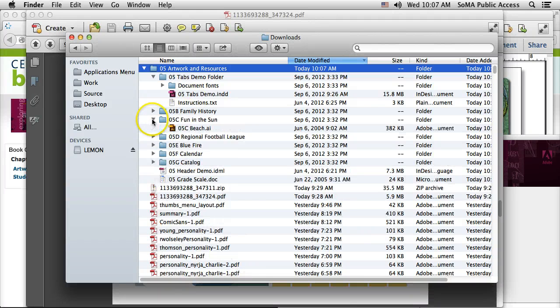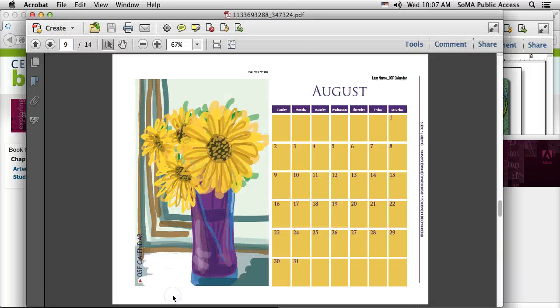You know, for Fun in the Sun, I think they don't even give you a document. All they do is give you the AI file, the Illustrator file. And I will demo this on Monday. I will walk you through it. Tabs and tables is really hard, but it's phenomenally valuable. It's great because it helps you set up tables in InDesign, which you would use for charts. You might use it for annual reports you design,